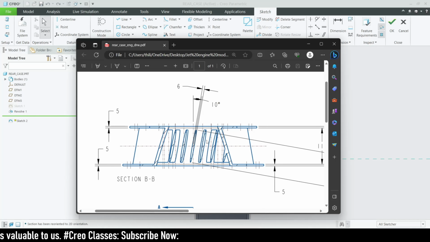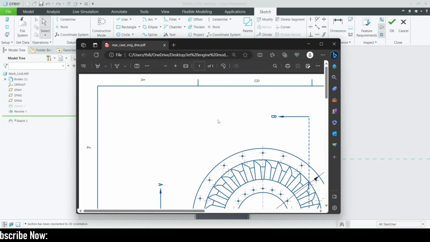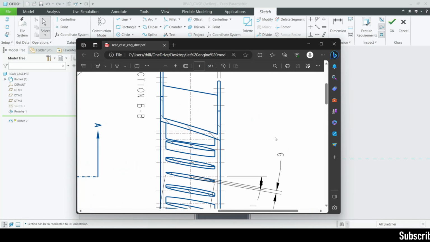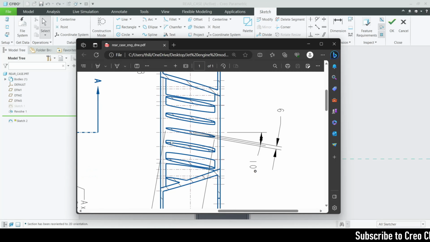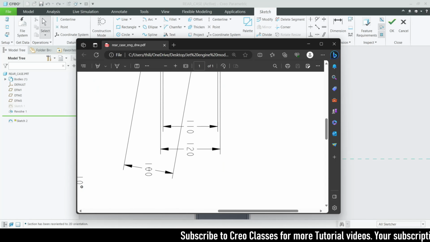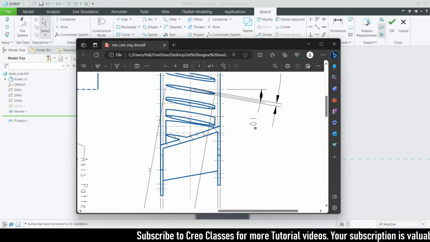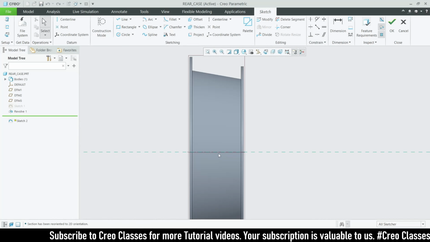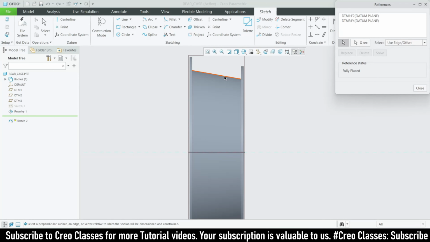Okay, like they have created... yeah, we need to flip this. Okay, so now it should have some good view. Okay, so here we need to create an ellipse like this, and the ellipse width has a value of 6 and the ellipse length has a value of 100, and I need an angle like they have mentioned, angle as 10. Okay, so now let me take a reference for this line,